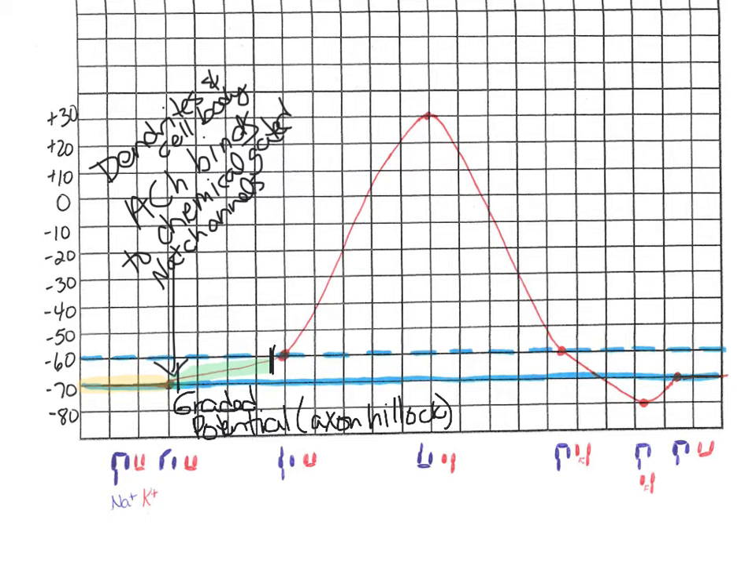And then we have another point right here, and that graded potential has now hit negative 60. The graded potential reaches threshold. So now we've hit threshold right here at negative 60. That's our threshold. What happens at negative 60 on the initial segment of the axon? Voltage gated channels open. Right, so here we have voltage gated